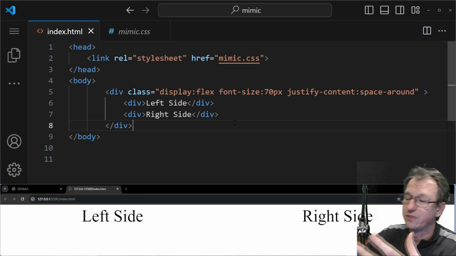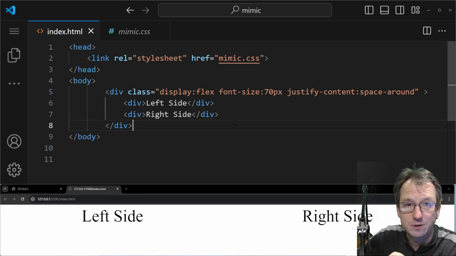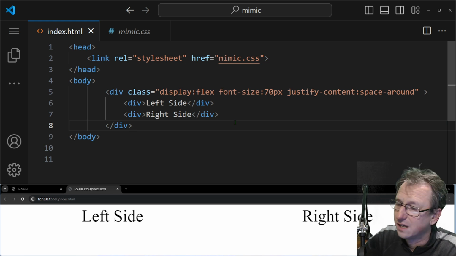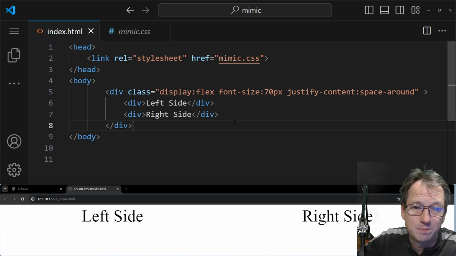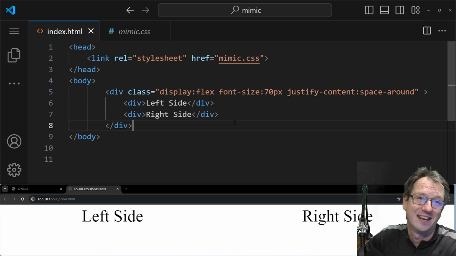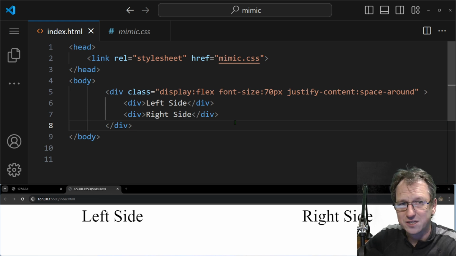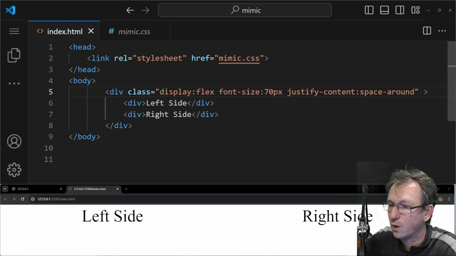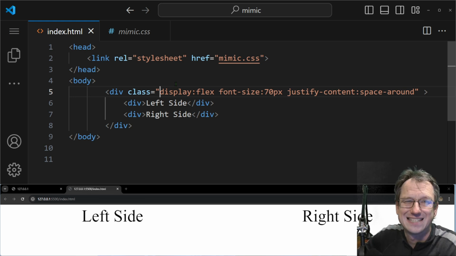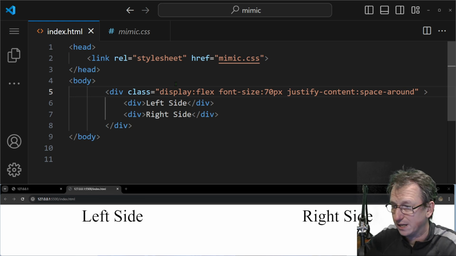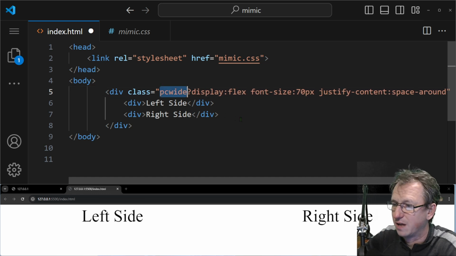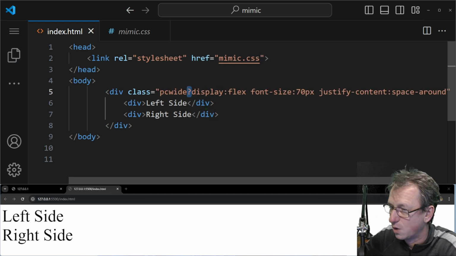Well, similar to Tailwind, one of the main things you can do is add media queries directly to this. So if you consider you're doing lots and lots of work and you just want to add one little change for when the screen's big, you can either go and create a whole new class and give it a specific name. That can get hard to maintain, but in here we will just be able to directly tweak it within the CSS. So I could say, all right, let's not do the flex unless it's a fairly wide screen. So if it was a PC widescreen, which I specify with the question mark here,